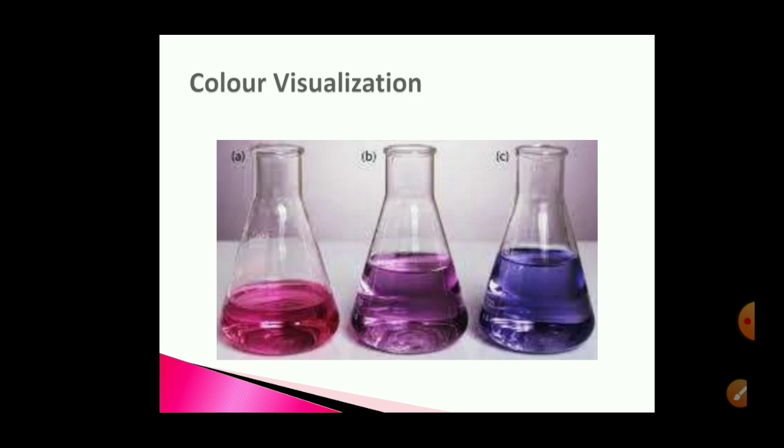So the wine red color which is in flask A changes to blue color in flask C, and in this way we can make out that this is the color change that is going to take place. We never have to stop the titration at point B, because point B is just a little away from the end point, so we have to add EDTA till we get this blue color.